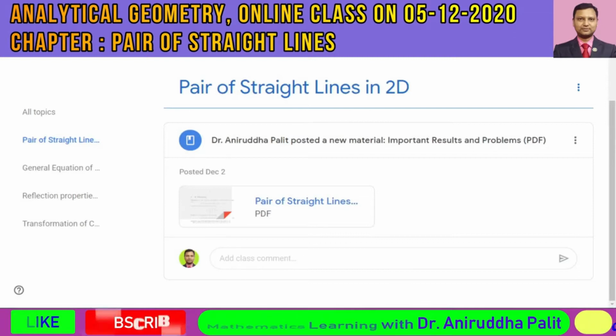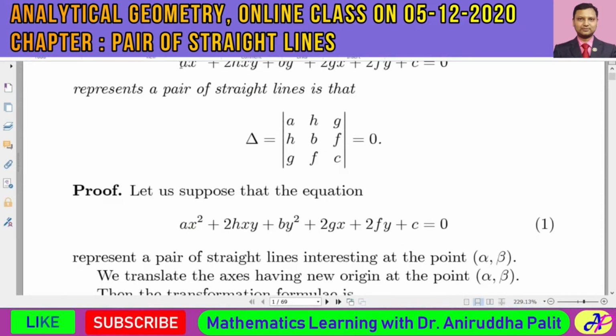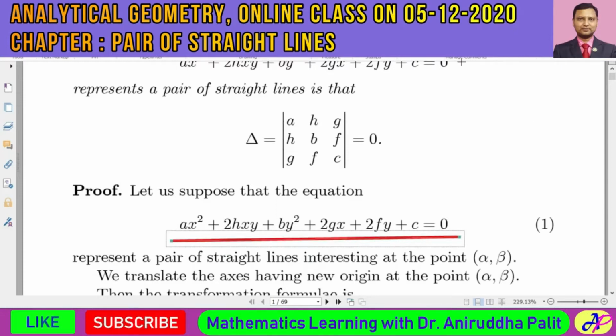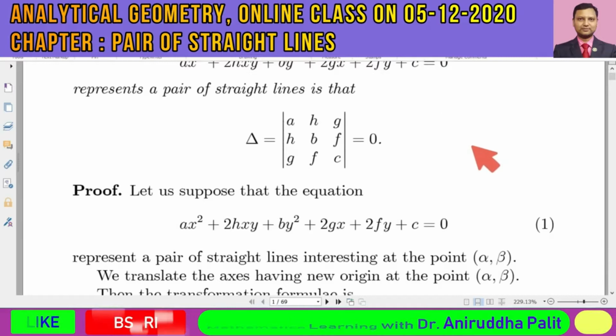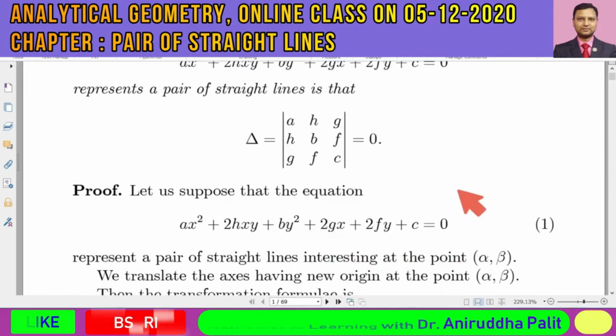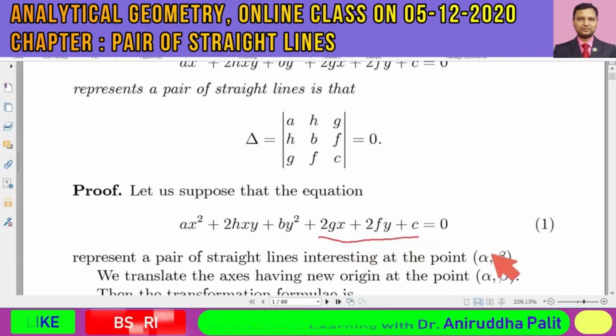So I have my own copy, so I am starting the proof now. So we assume that this is the equation. So let me draw the picture. Let us suppose that this represents a pair of straight lines. So if it is a pair of straight lines, in that case, we don't know what would be the point of intersection. Hopefully, as because this is the